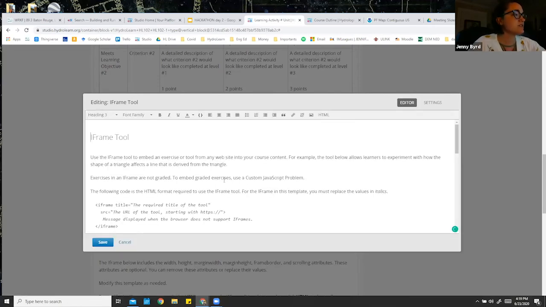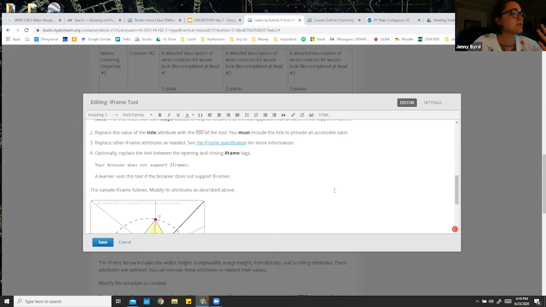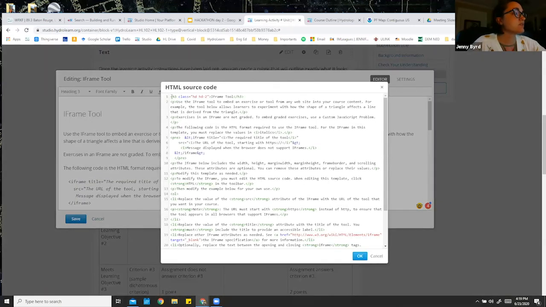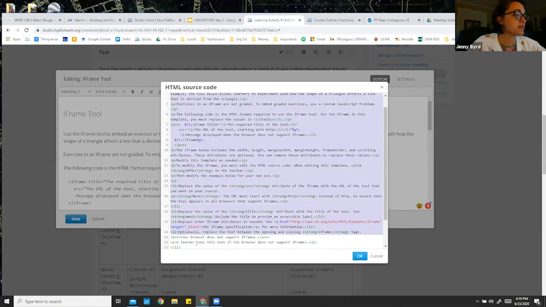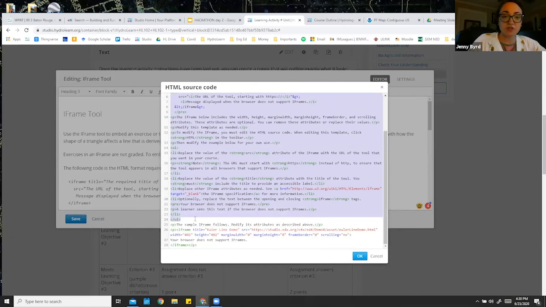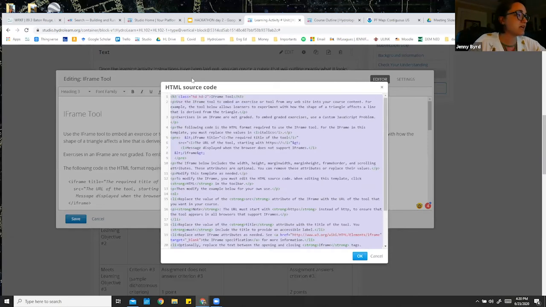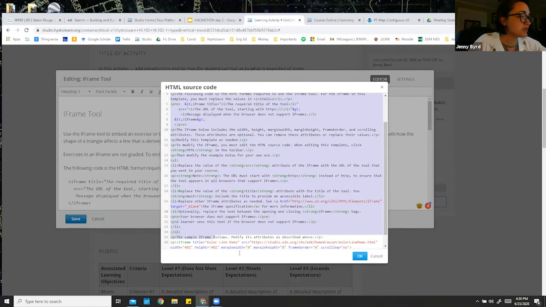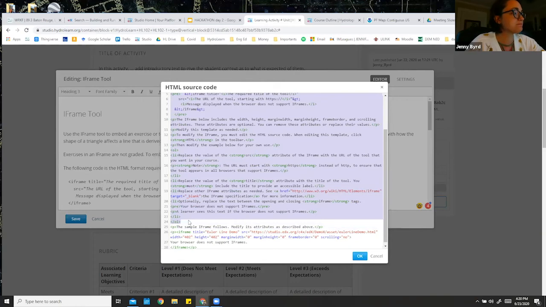And a lot of this is just extraneous details that you're not going to need for your particular iframe. So what I like to do is get rid of all of these extra lines of code that I'm not going to need. Of course, you don't have to do that. That's up to you. You may choose to keep some of the headers and these paragraph tags so you can add some information, maybe around your iframe, above or below. But you can also put those in a text box if you prefer.